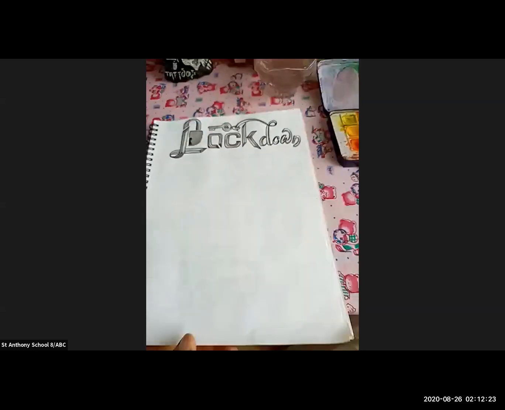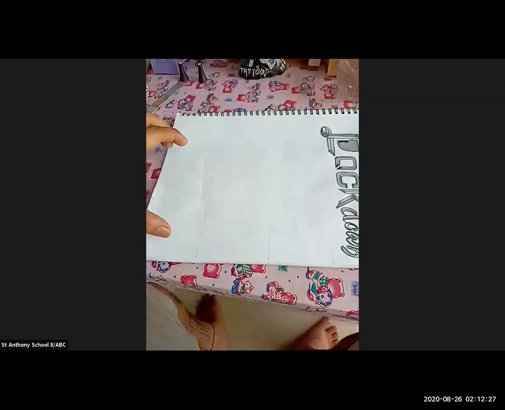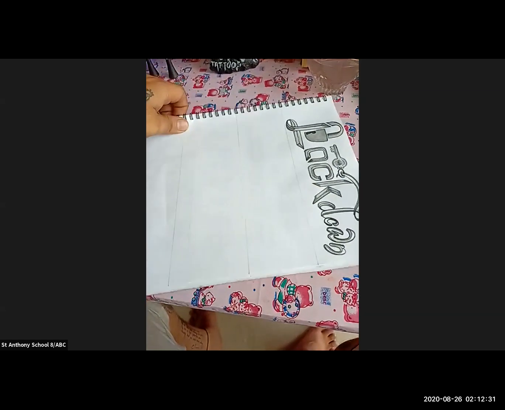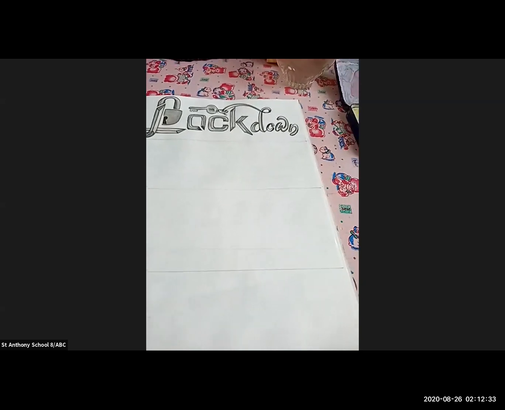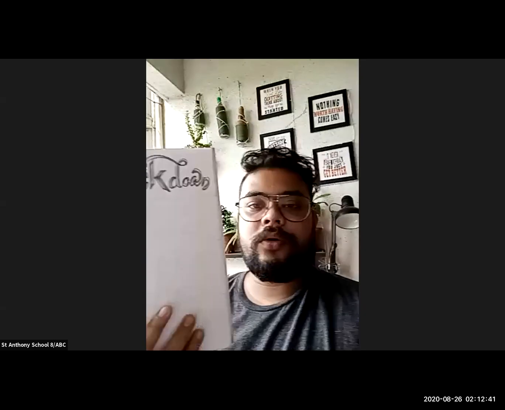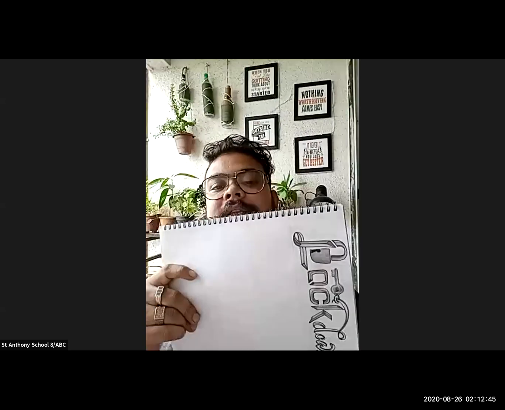Okay, so you cannot do lockdown in this way. Tilt the page and do it in the center, do it bigger. Okay, am I clear to each and everyone? You have to write the lockdown in the bigger page. Okay, so tilt the page, don't do it like this. Okay, this is how I have shown you. You have to tilt the page and you have to write the lockdown in this way.